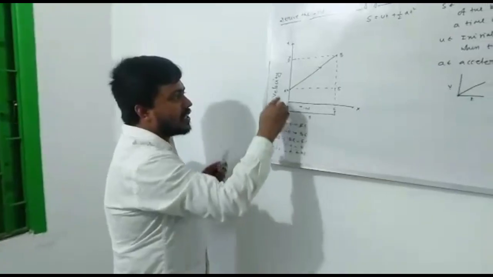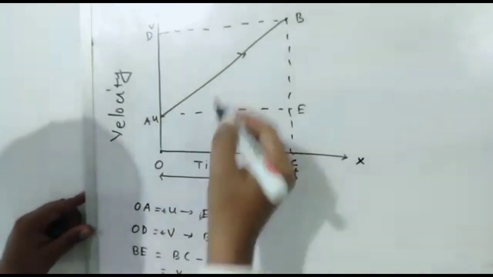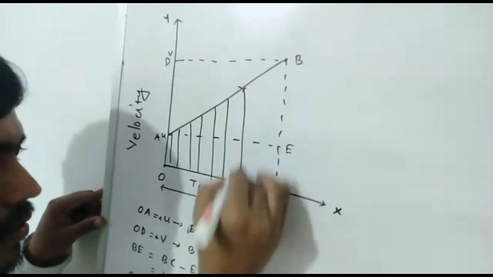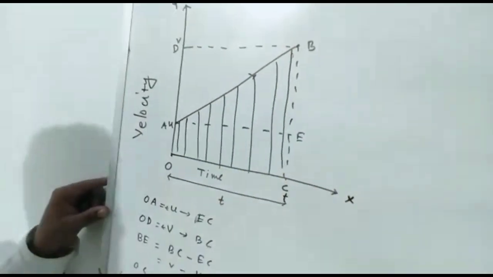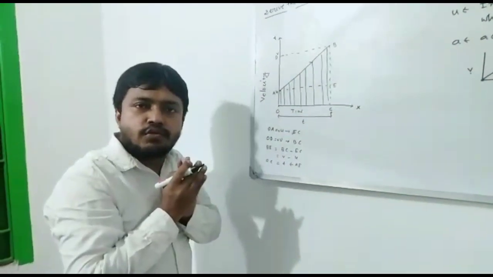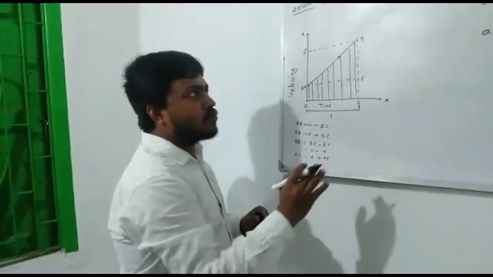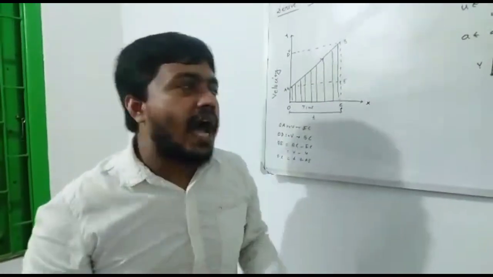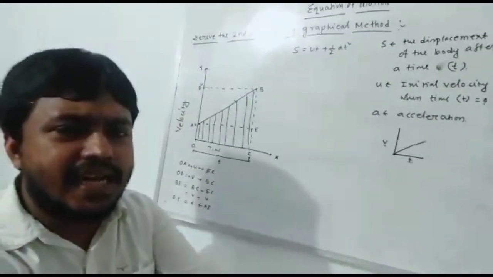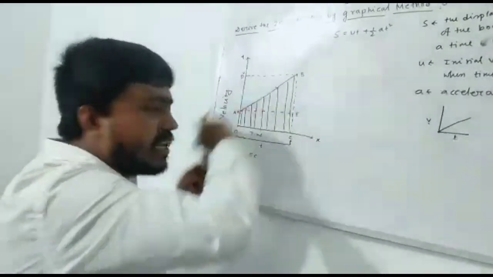So when the particle starts its journey from point A to point B, the area enclosed by the velocity time graph, the shaded area, this entire part will be the shaded area of the velocity time graph. So what is the structure of this enclosed part? It will be equal to, students, a trapezium. Now students, why do we consider the area? Because our target is to prove s equal to ut plus half a t square. This equation directly indicates the displacement equation. So that's why we find the area of the enclosed curve.